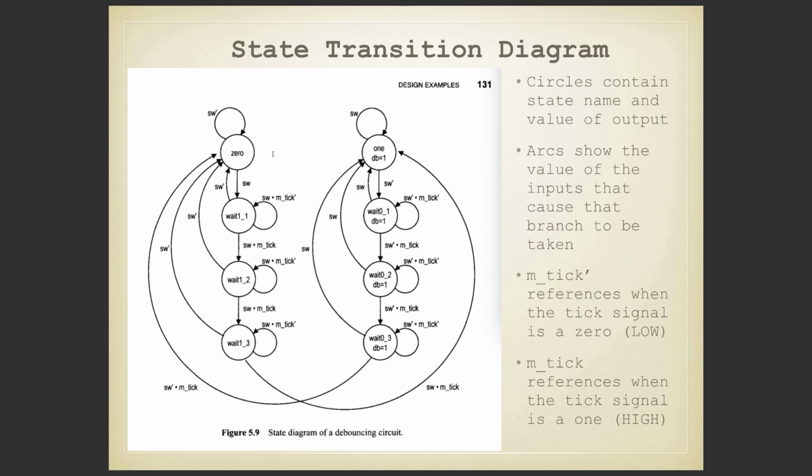The way the state machine works, we've gone over in class, but let's look at it. The documentation has an SW with a tick. This means whenever the switch is 0, we stay here. Now recall, in this state, the output is always a 0. So if the output's a 0 and the input's a 0, we're happy. We don't need to do anything. It's only once the switch goes to a 1 that we will immediately change states. If by chance there was a glitch and it goes back to 0, we go back to the 0 state. We will stay in this state as long as the switch remains a 1,